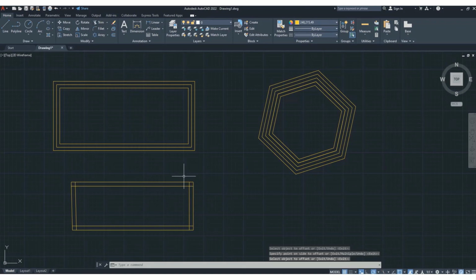Now we can trim this part also like this, but this is a time consuming job. Press enter. But as you can see, these are the individual components done manually, but I want like this. What I can do,